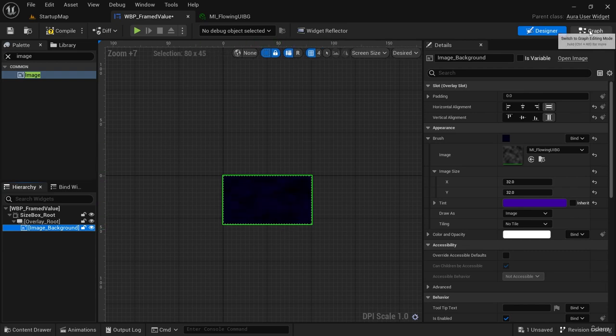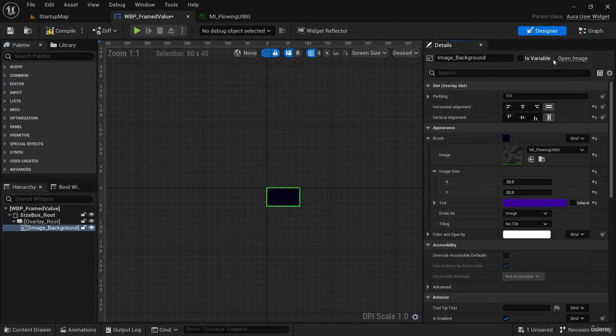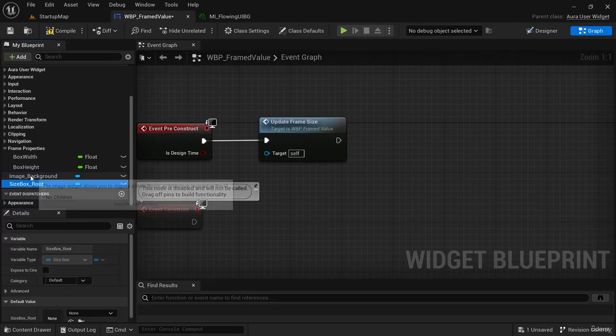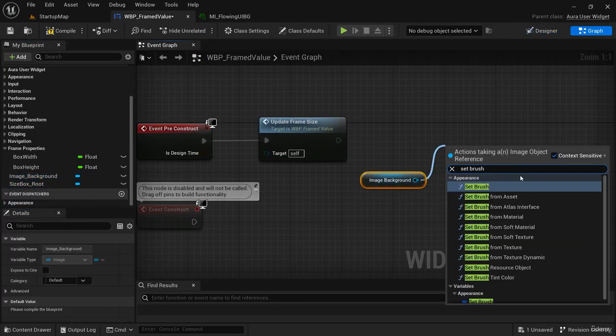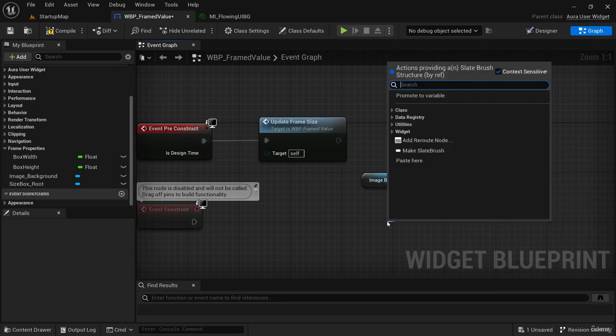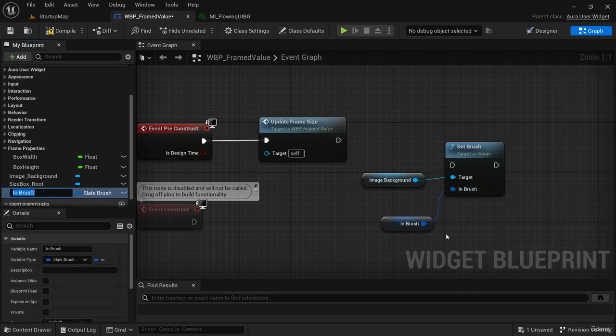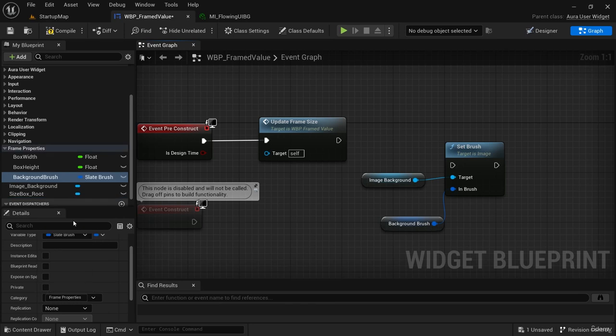want to override that background. So I can check is variable. We can get image background and we can call set brush and promote this in brush to a variable. Things we've been doing with our other widgets already. We can call this background brush. I'm going to go ahead and put these all in the same category of frame properties, and background brush can